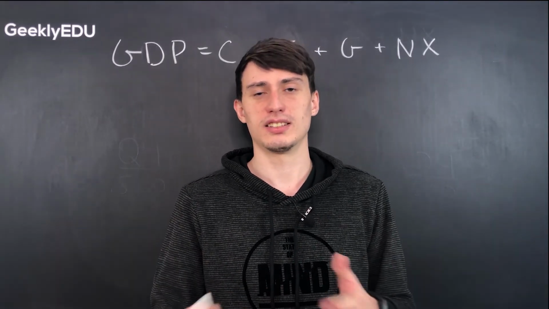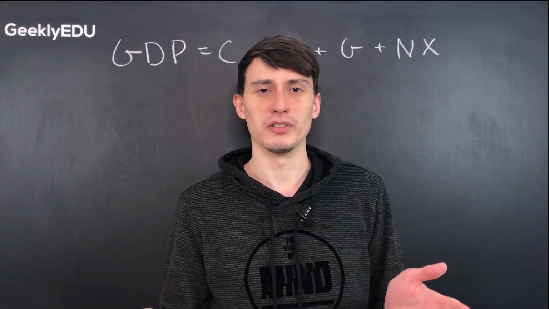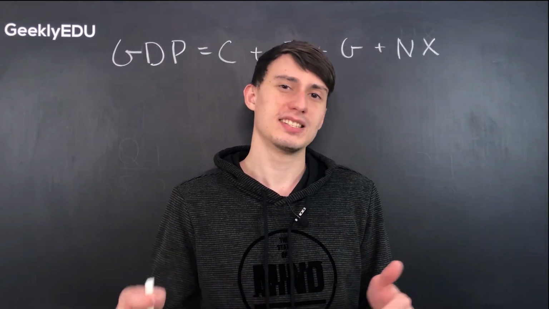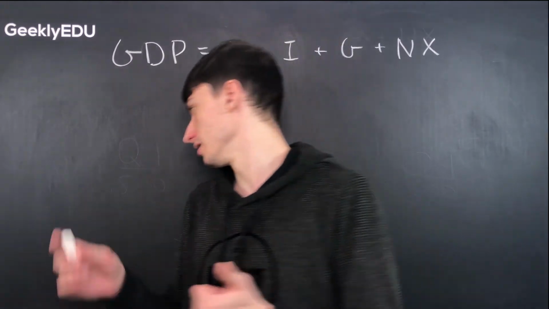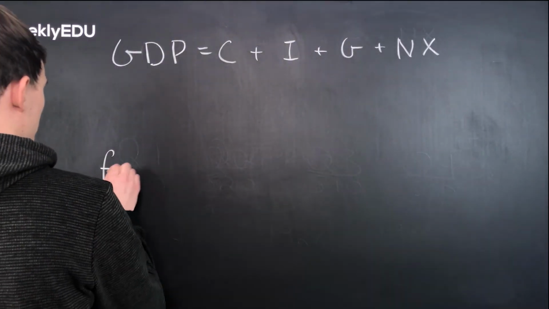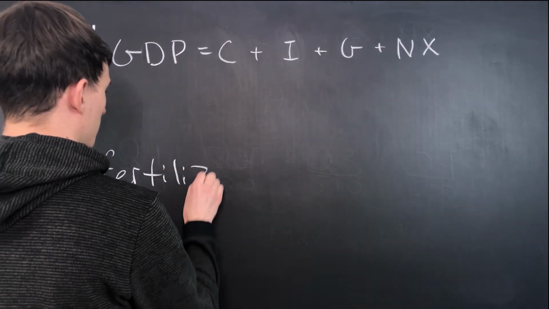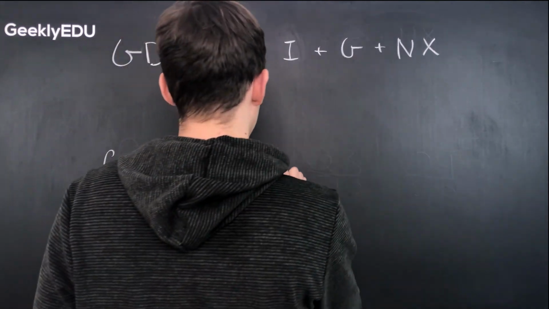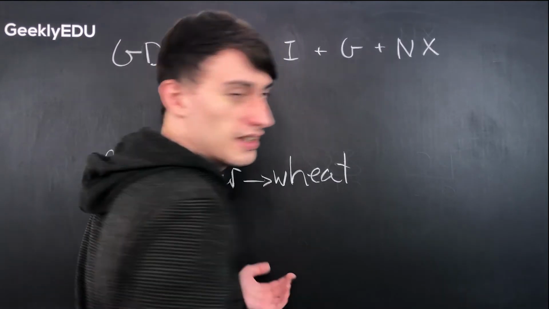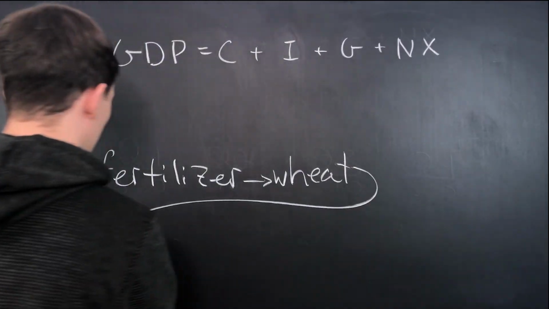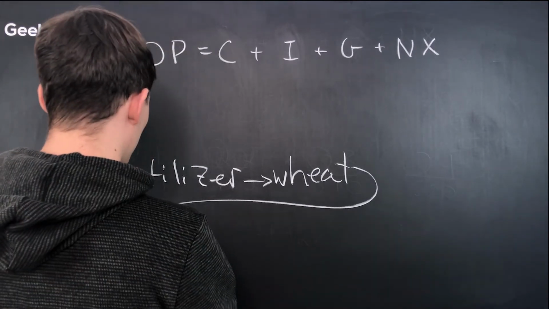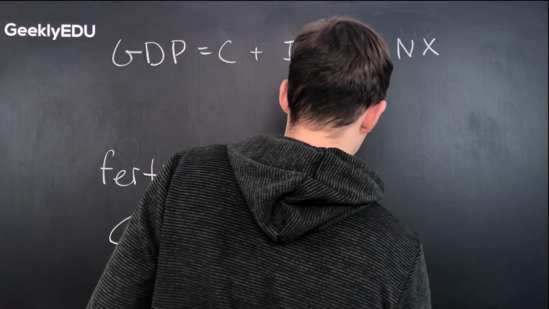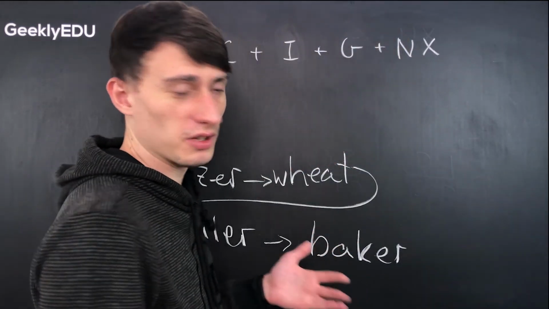Now let's take a look at an example. Say you go out and buy a cute little muffin for $2. Makes sense, $2 are added to the economy. But what about the previous steps that were taken to get that muffin? So let's take a look at this. First, we have fertilizer, right? A company makes fertilizer. Then the company sells it to a farmer. The farmer makes wheat. Then that farmer sells it to a miller who makes flour. And that guy sells it to a baker, who in turn makes the $2 muffin which you just bought,